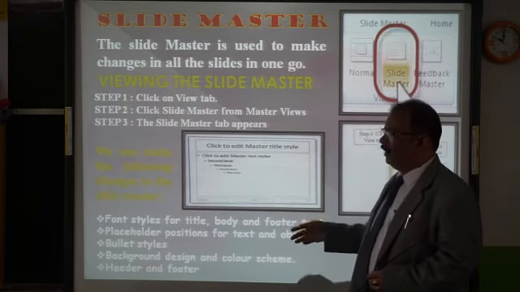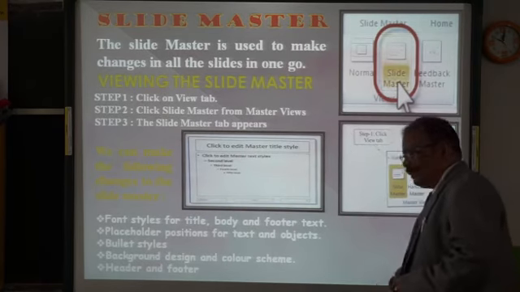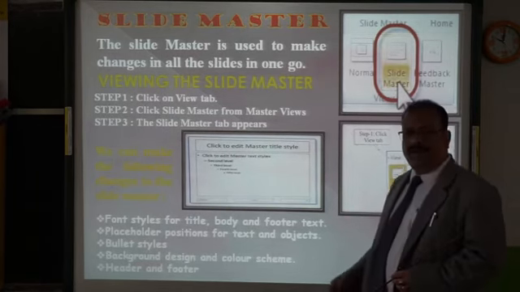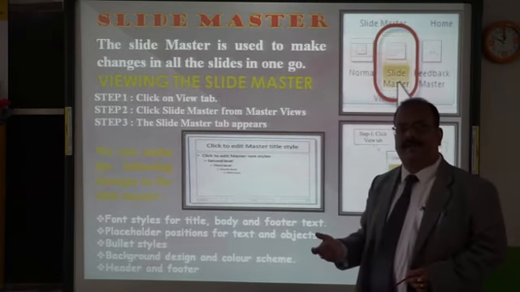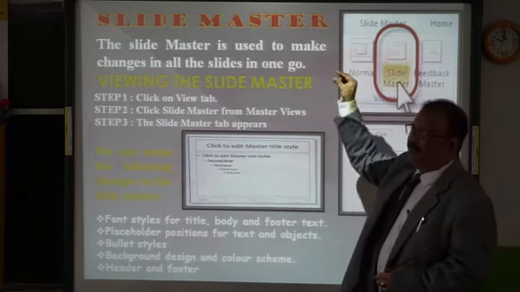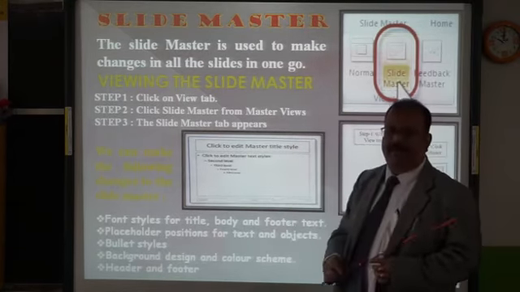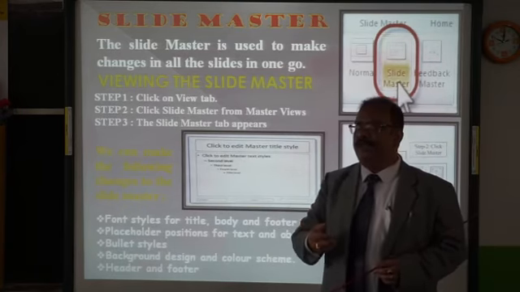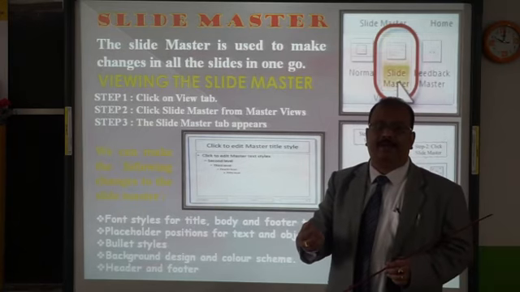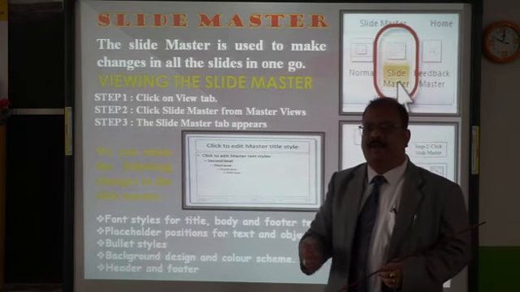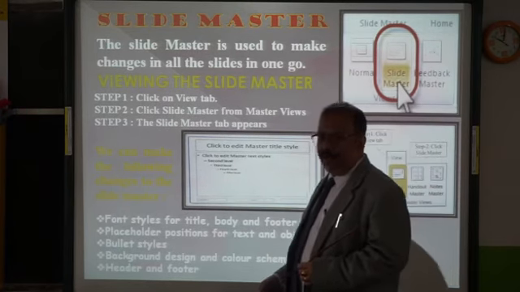Right? For example, if I am taking class 6 computer, I can write a note here, class 6 computer. It will appear in all the slides, class 6 computer. On top, if I want a header as St. Xavier's School, that will be appearing in small St. Xavier's School in any of the corners wherever you want. Just like in your book, you see the name of the book. For example, Log On to Computer is the name of the book. It appears in all the pages. So that is a kind of footer or header.